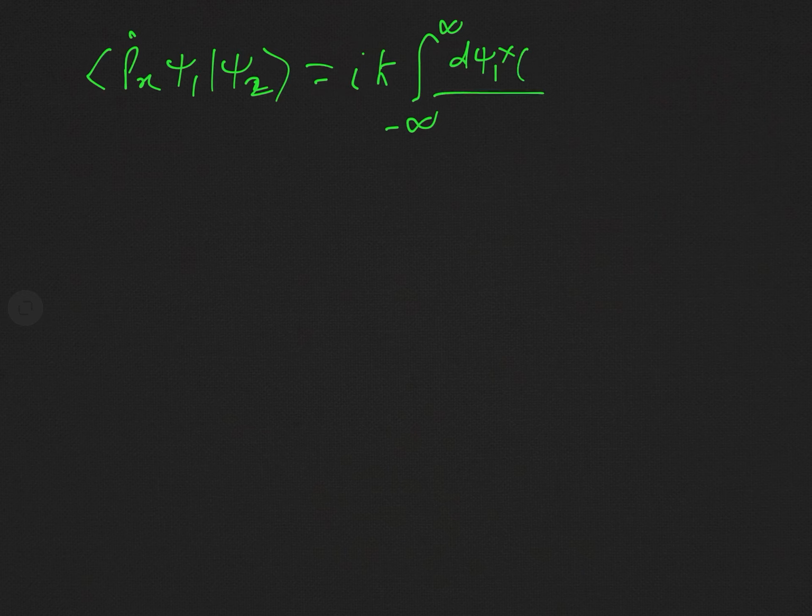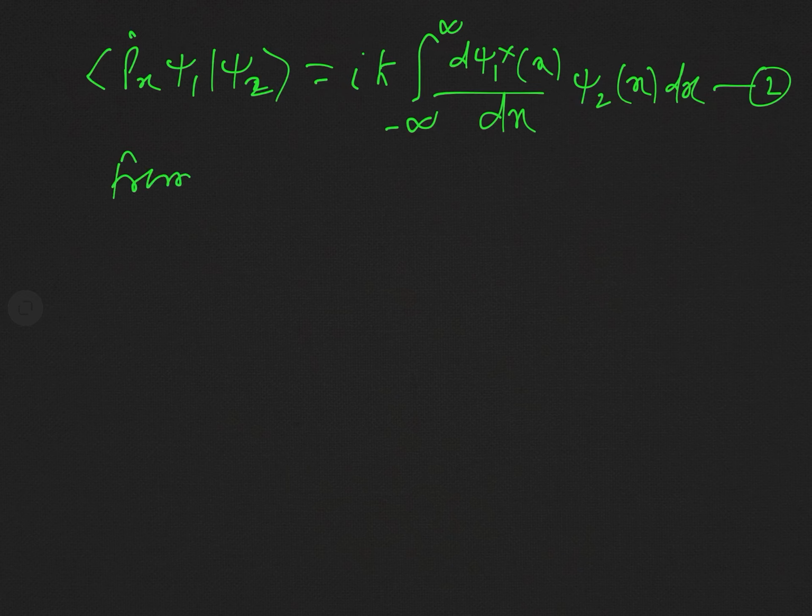d psi 1 star of x dx psi 2 of x dx. Say it is equation 2. So what you see from equation 1 and 2? You can see that from 1 and 2 we have